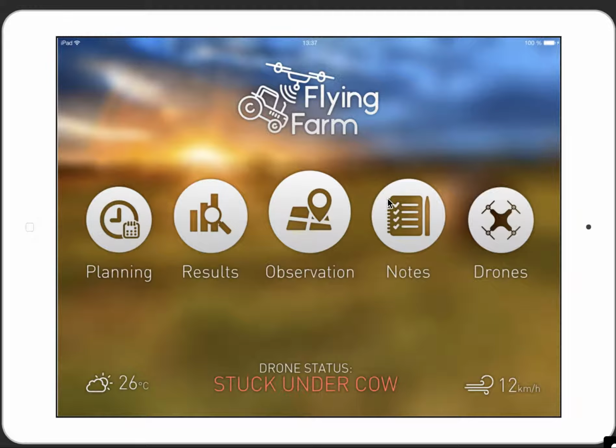We're basically going to do just a quick step through of what we designed to be the application for our Flying Farm system. There are 5 main sections to Flying Farm. We've got planning, results, observation, notes and drones. On the bottom there is the daily weather and the wind conditions at that moment, as well as the drone status. Now if we go into observation,